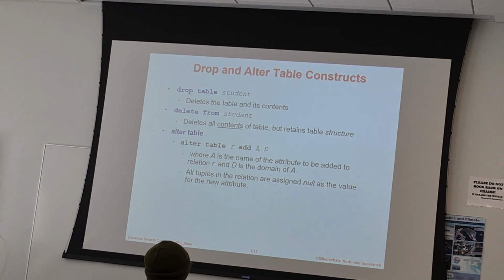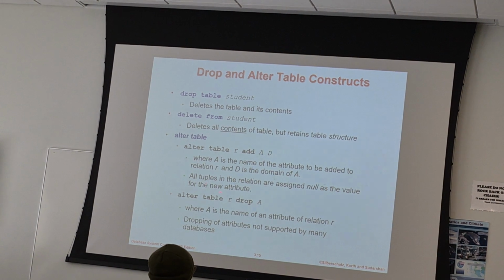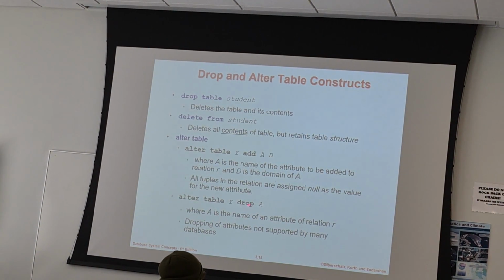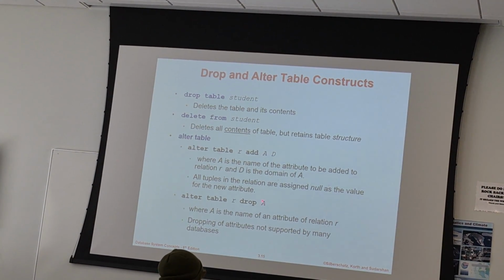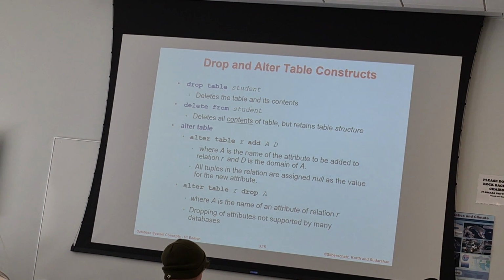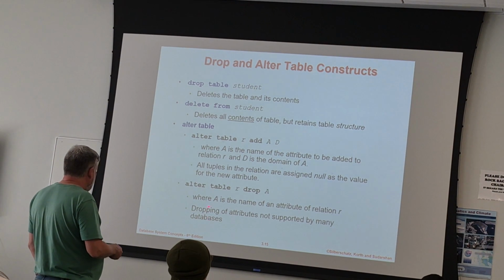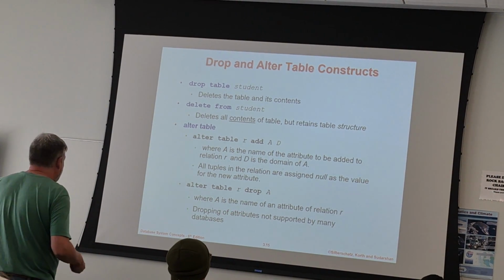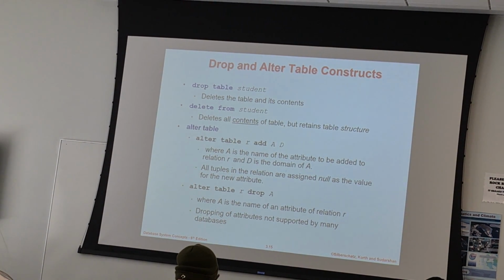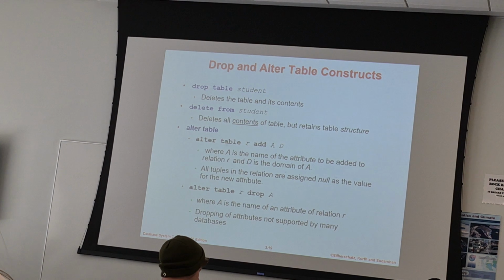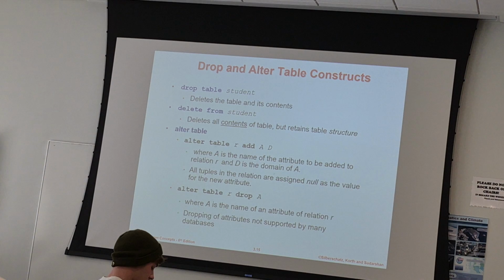So you can add columns to a table, you can remove columns from a table. Here we're using the drop keyword again, but that's not dropping the entire table. We're altering table R, and we're actually dropping an attribute. We're dropping a column out of that table. Then again, when this book was written, not all SQL databases allowed you to drop columns, but Microsoft Access will allow you to, and probably most modern database applications that you use will allow you to modify your table designs